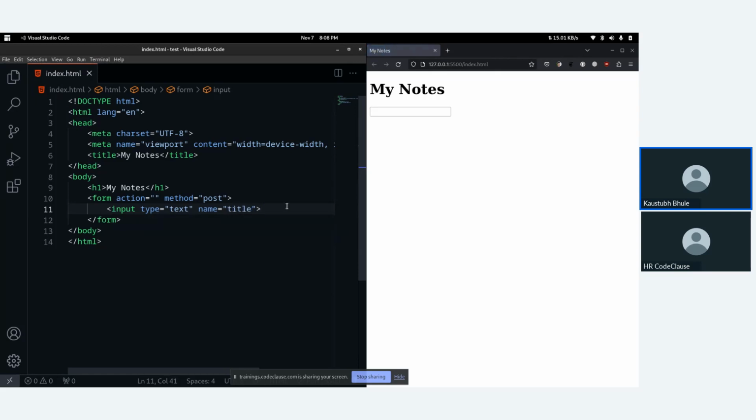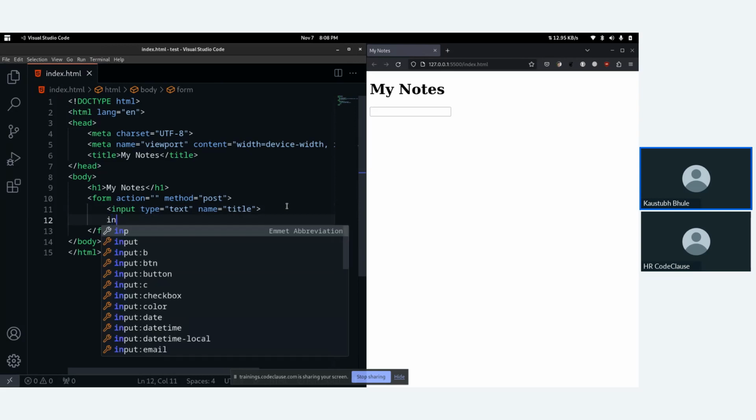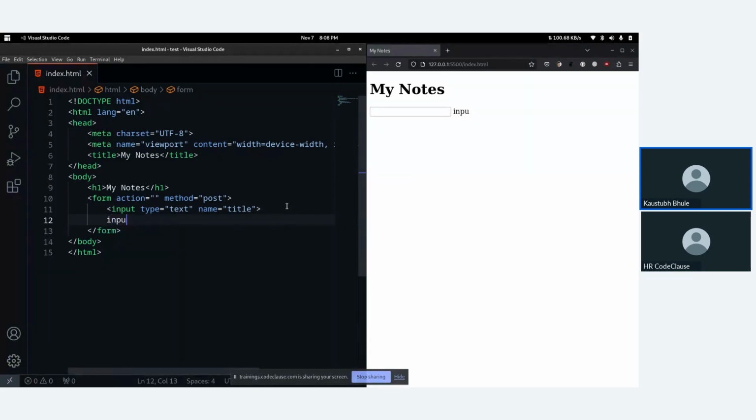Okay, we will add another input, again a text input. We will give the name as description. Just use a br tag. Let's not focus on the CSS part.